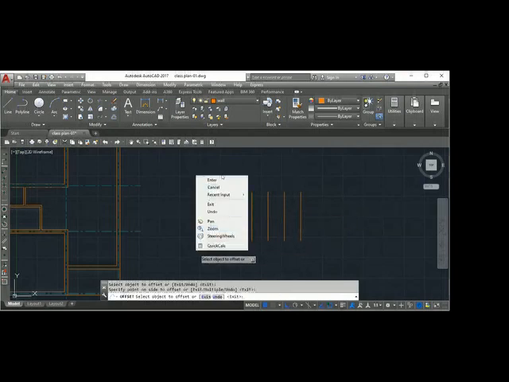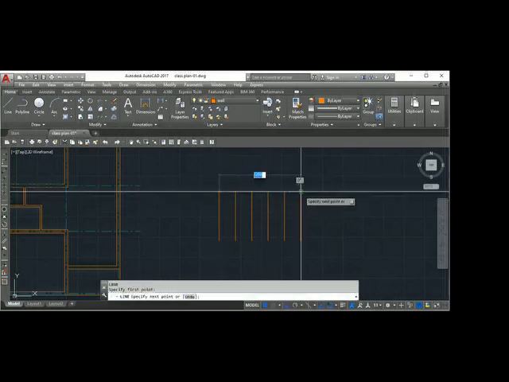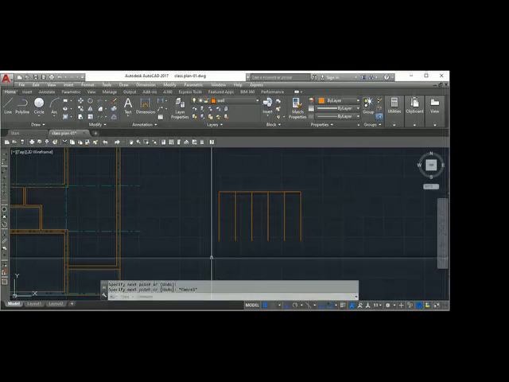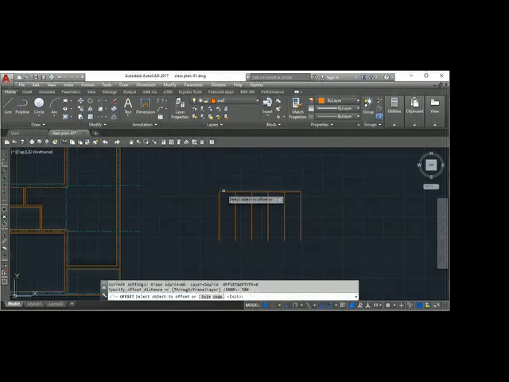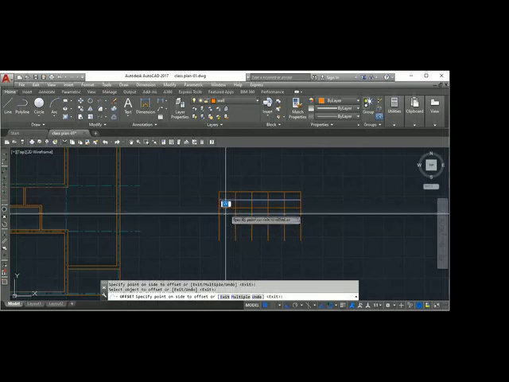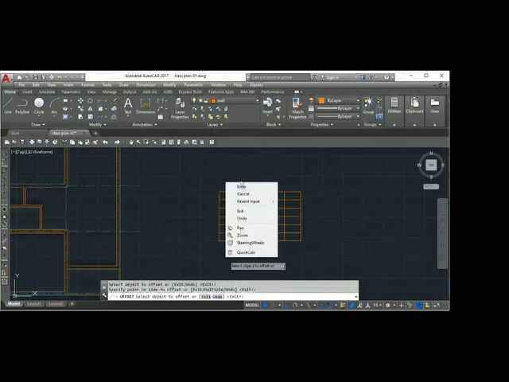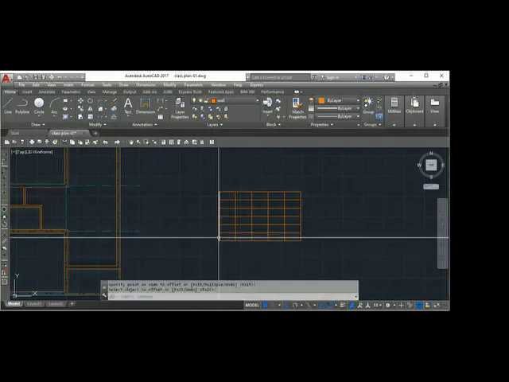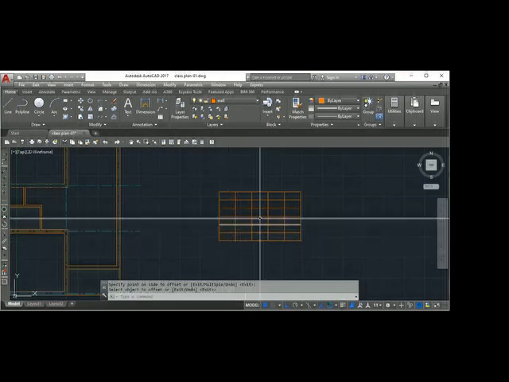I will draw another line here. Offset 500. Okay. So the distance between these columns is 1000 and the distance between rows is 500.